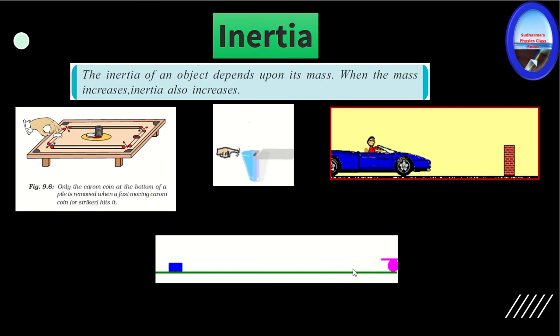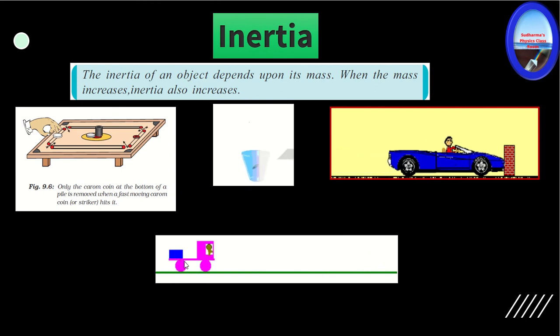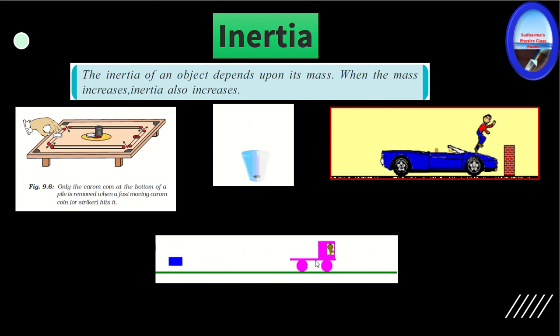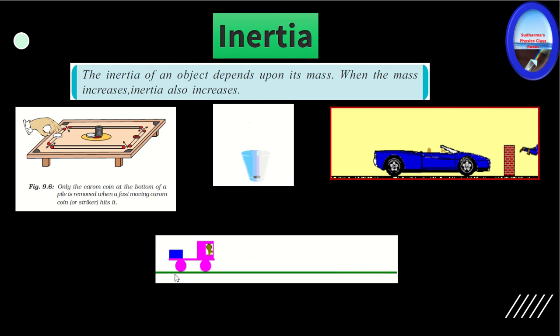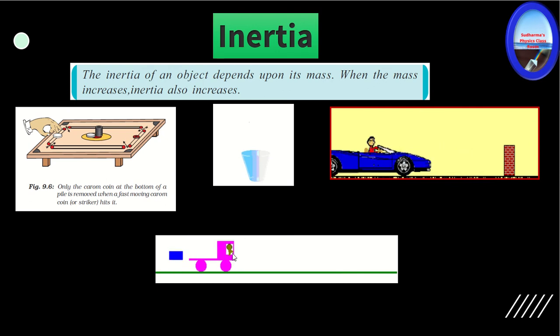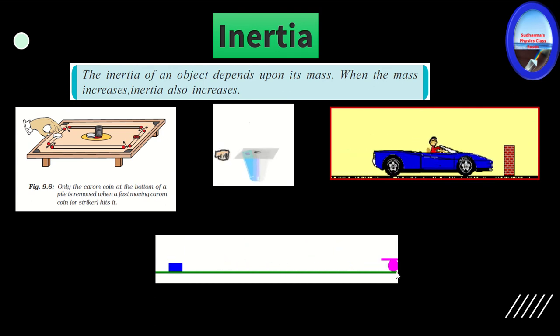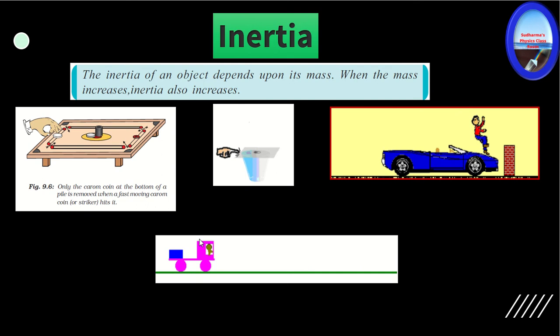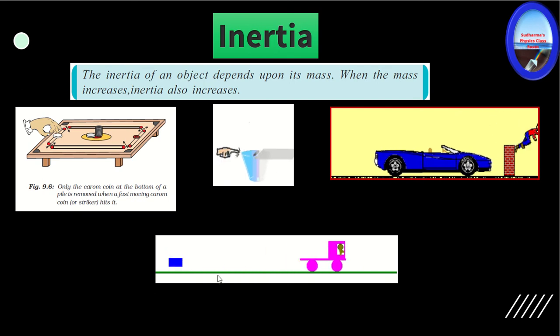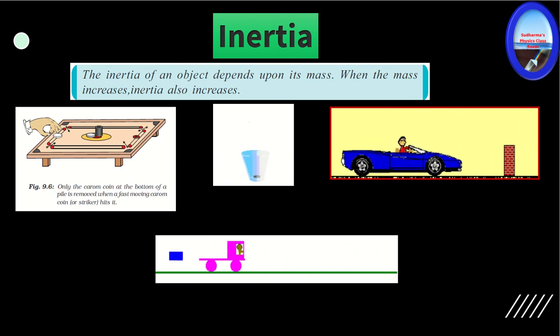In the same way we can explain the object falling down from the truck. The object and the truck were initially in the state of rest. Suddenly the truck moves. That is why we have to tie the object on the truck. You might have seen, right? When they do the transportation, they tie it very neatly. Otherwise, these objects will fall down.